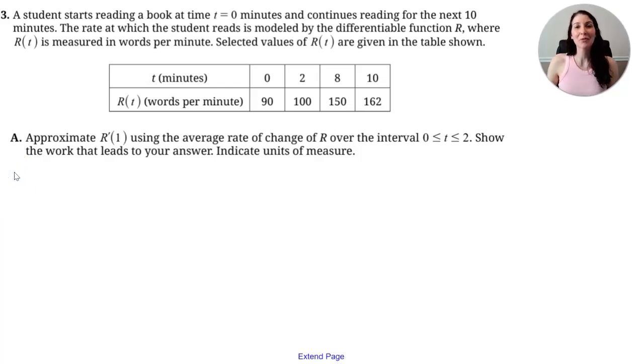Here is question number 3 from both the 2025 AP Calculus AB exam and the AP Calculus BC exam. And check out the description below where I provide links to the other 5 questions that were on the 2025